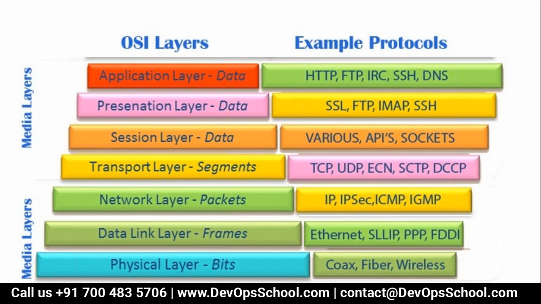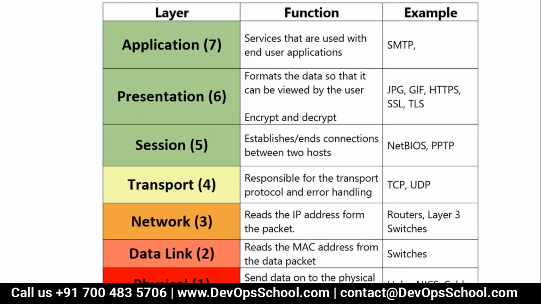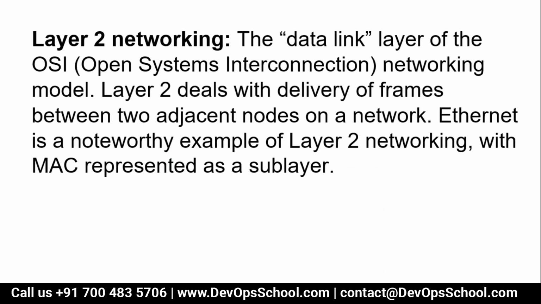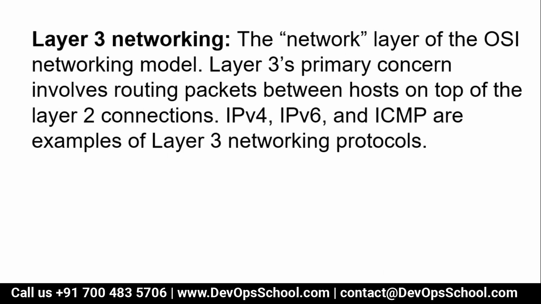So data link L2 and L3. L2 works with Ethernet, PPP, FDDI. L3 works with IP, IPv6, ICMP, and IGMP. Important things again: L2 and L3, don't focus on anything else but L2 and L3. Okay, look at this here. L2 reads the MAC address from the data packets. L3 reads the IP address from the packet which is sent by L2. L2 works with switch devices. L3 works with routers, layer 3 switches and stuff like that. So what L2 networking does and what L3 networking does is important.